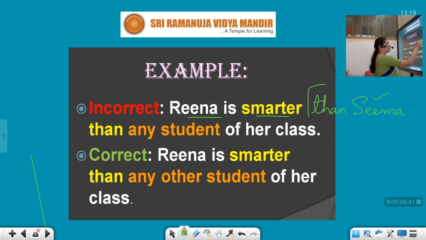But here actually I am not using this. Instead I am comparing Reena to the entire class. That means Reena is superlative. She is the smartest in the class. But instead of writing she is the smartest in the class, I used a comparative degree as a superlative, in a superlative sense. Did you understand, students? I am using a comparative degree in a superlative sense. Okay? So when I am using a comparative degree in a superlative sense, that's called,